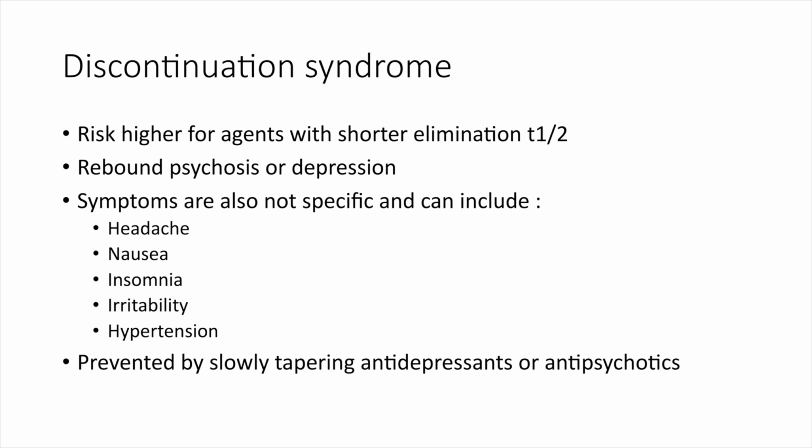If one of these drugs has anticholinergic properties and that's stopped abruptly, it can cause rebound cholinergic effects, which can include psychosis, insomnia, and agitation. And drugs with alpha-blocking properties, if they're stopped abruptly, can have rebound adrenergic effects, which can cause a high heart rate and high blood pressure.